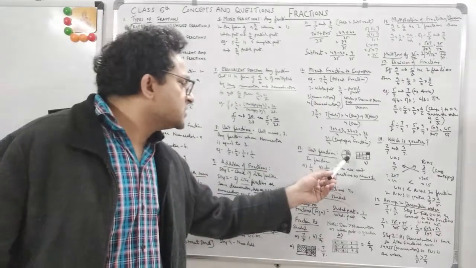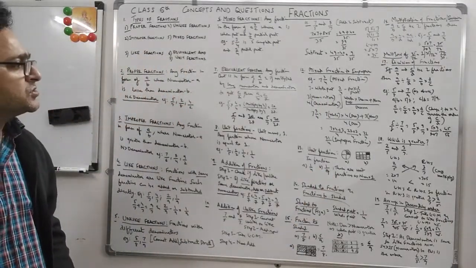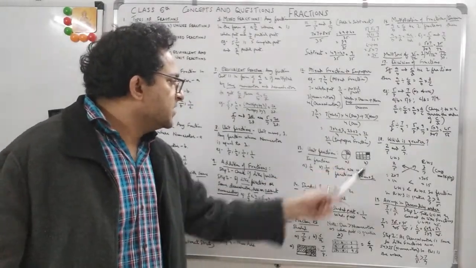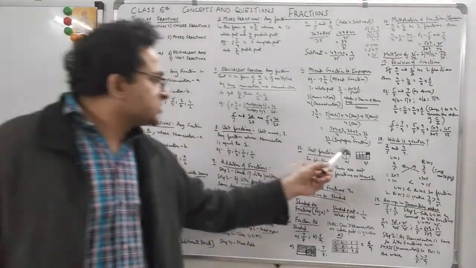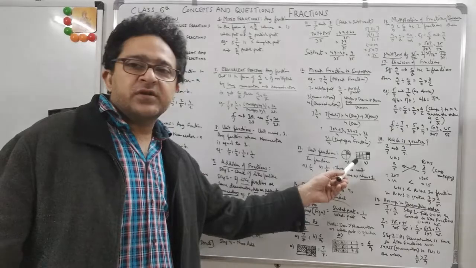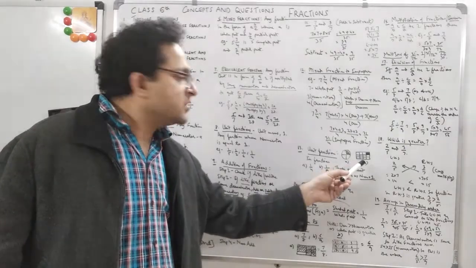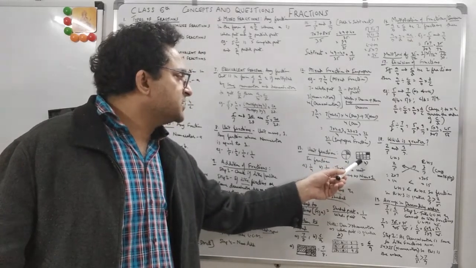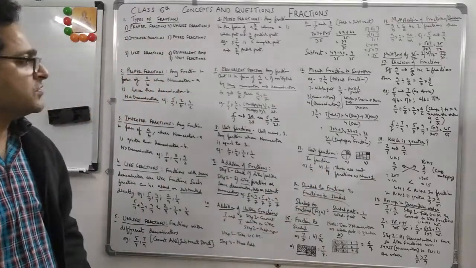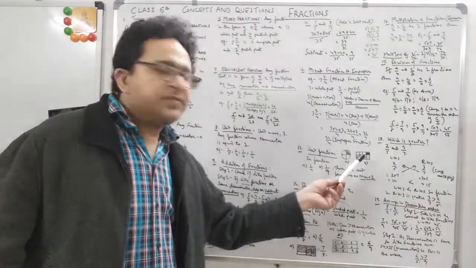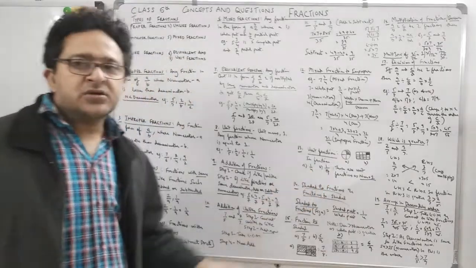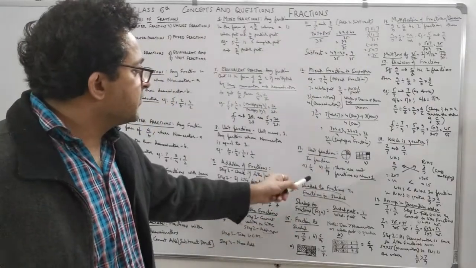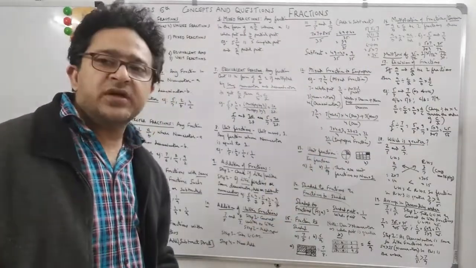So you can always represent the shaded portion over here as 1 by 4, and in the B part 1 by 9. You can also get a figure given to you, and you will just have to tell this thing, 1 upon 9. So just represent this in fraction, 1 upon 9. So how do we represent this? 1 is the shaded part and 9 is the total part. I'll tell you in the next question, but simply these are unit fractions, 1 by 4, 1 by 9. So I'll just tell you how we represent this.